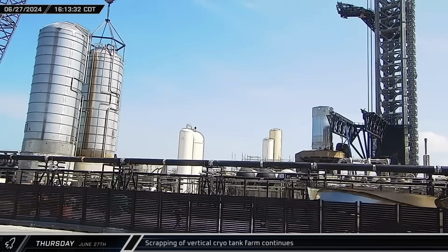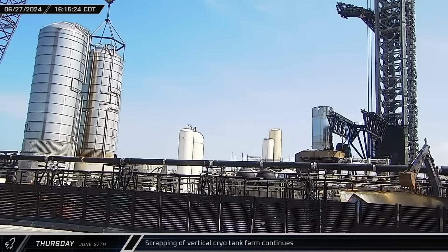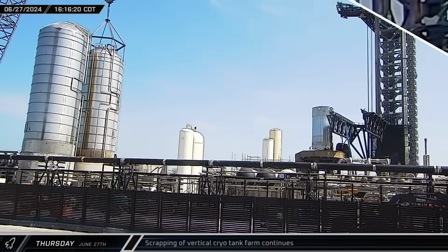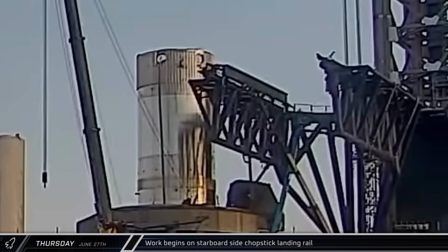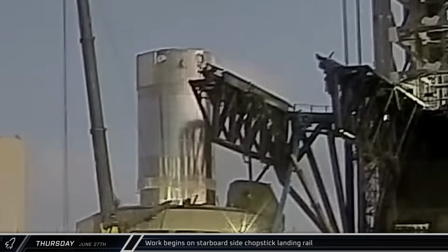With the last barrel section of the cryo tank cut in half now, the ring segment was laid over by the excavator and crushed flat. Following this week's work with the portside landing rail, workers began checking out the starboard Chopstick's landing rail, raising and